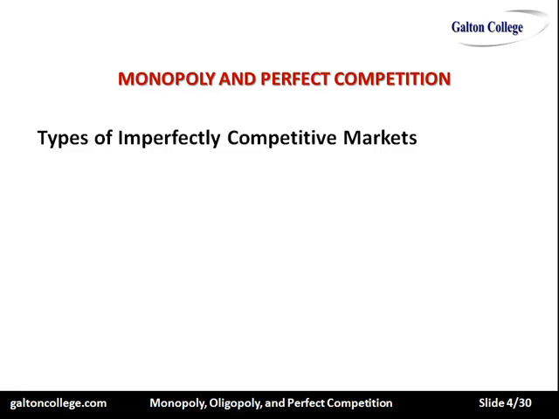Now, the types of imperfect competition, or the types of imperfectly competitive markets. Well, oligopoly. Now, oligopoly is a market situation in which there are a few sellers. So there is strategic recognition between them. They recognize their presence. They're acutely aware of their presence. You see, with monopoly, there's only one producer, so the monopolist doesn't have to worry about competitors. The monopolist is the only producer.